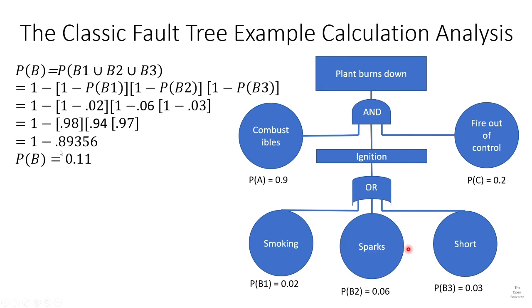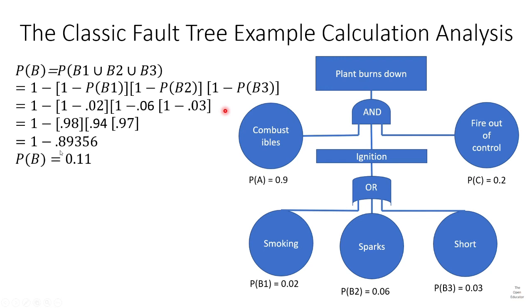So these are the causes, or the primary events. Then you're going to have 1 minus the product of 1 minus probability of B1, 1 minus probability of B2, 1 minus probability of B3. And then you're going to do some